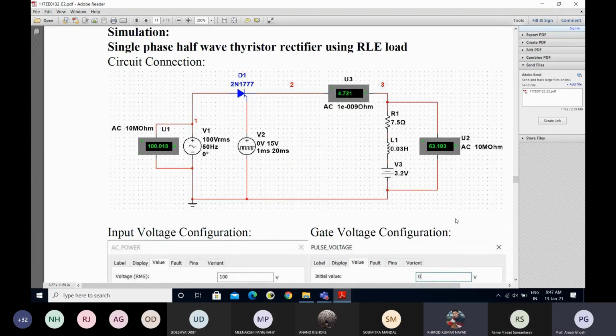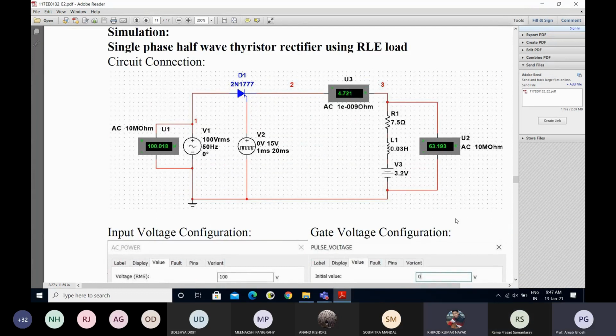Sir, if we take larger values, then Multisim shows a convergence error. I tried different values, and it shows a convergence error. Can you change the inductor value?